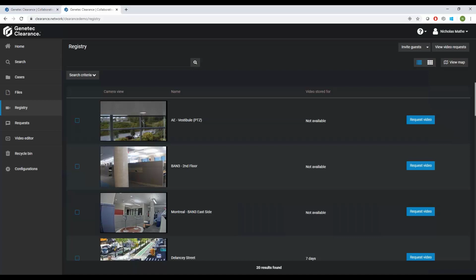It could even be members of the city internally that are looking to review video just for audit and compliance issues. Now, they have to go through that small team. There's a lot of back and forth between the individuals. They have to search for, look for the video, find it. And then once they've been able to find that video evidence, they still have to be able to share that